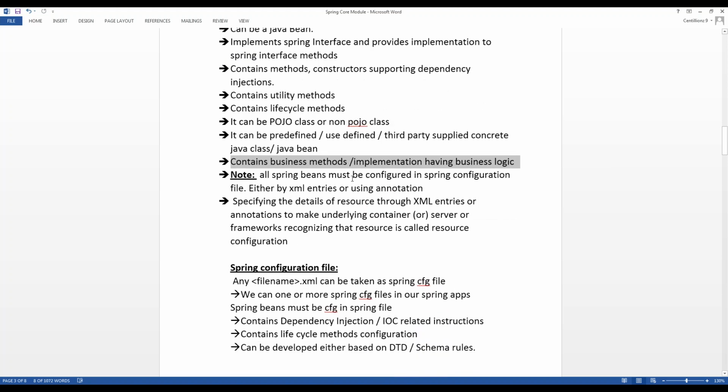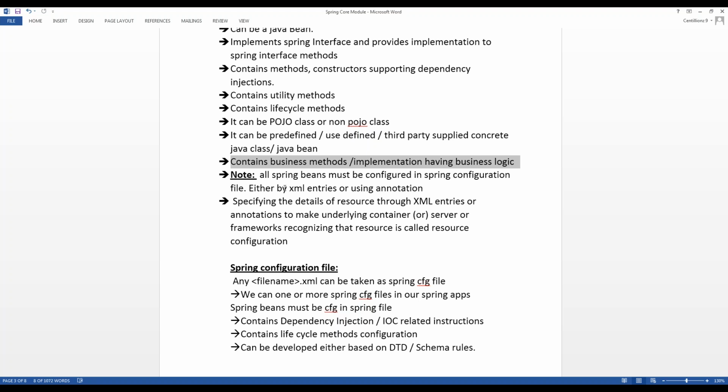But all Spring Beans must be configured in the Spring configuration file, either through XML entries or annotations. If you are using XML entries, it is a file like spring_cfg.xml, which is a general file name we give. Or, if you are using the annotation method, we need not worry about all the beans and properties of Spring.